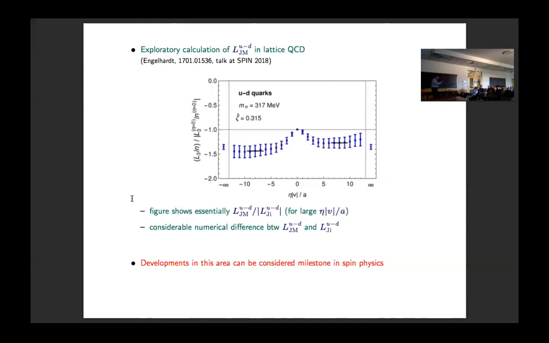From a theoretical point of view, if you go with this to plus or minus infinity, you get the Jaffe-Manohar orbital angular momentum. On the lattice, you cannot calculate to infinity, but fortunately, this saturates relatively quickly. And here, these values have been extracted basically as the Jaffe-Manohar orbital angular momentum. And you see that the difference between the two is by no means negligible. So they find differences on the order of 30%. Let's see, what's the difference between the Ji and the Jaffe-Manohar?